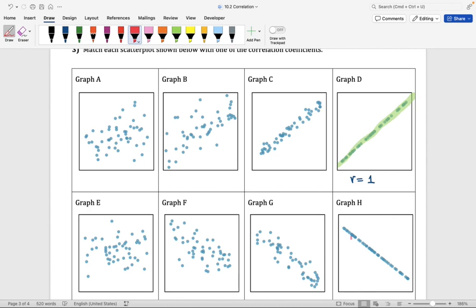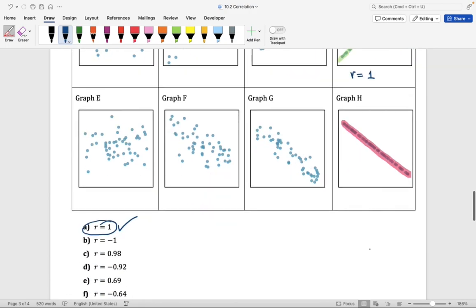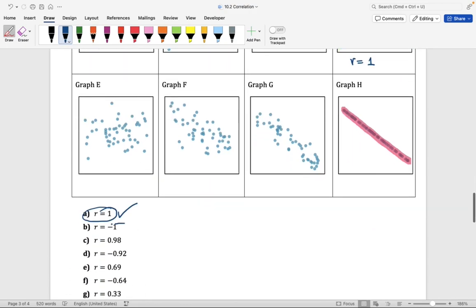Again, we're going to take care of the easy graphs first. Notice graph H has a scatter plot where the points create a perfect line. This line has a negative slope, and so we're expecting the R value to be negative. Because this is a perfect negative relationship, we're expecting that R value to be equal to -1. Notice that is the R value we have here in part B. Graph H has a correlation coefficient equal to -1.